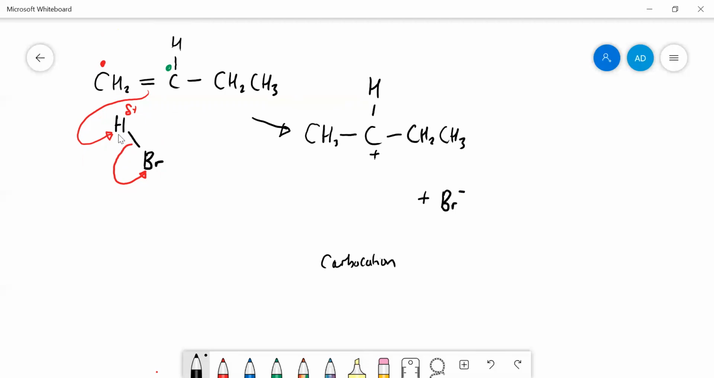Now the carbocation, let's think of the shape around this carbon. There are three groups around it, three bond pairs, no lone pairs, so that means it is going to be trigonal planar. Now you probably remember the final step in this mechanism is for this negatively charged bromide ion to react with the carbocation, and that pair of electrons goes there, and we will form as the product